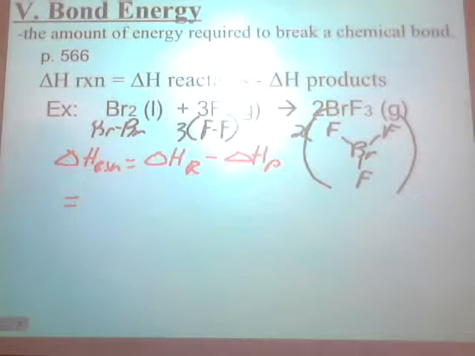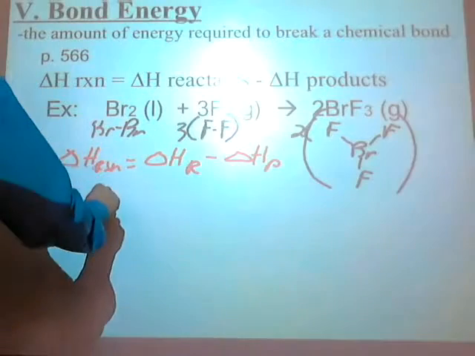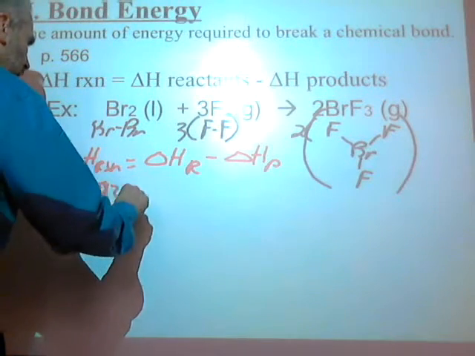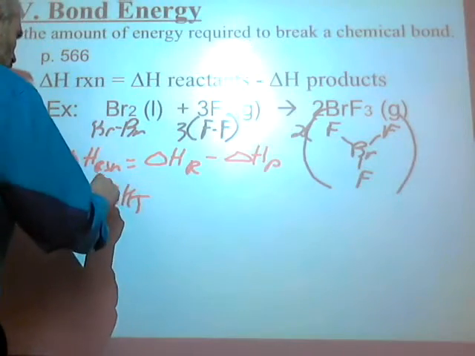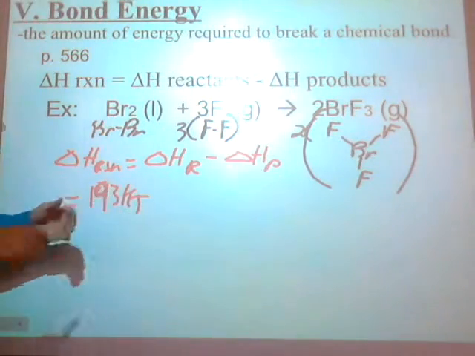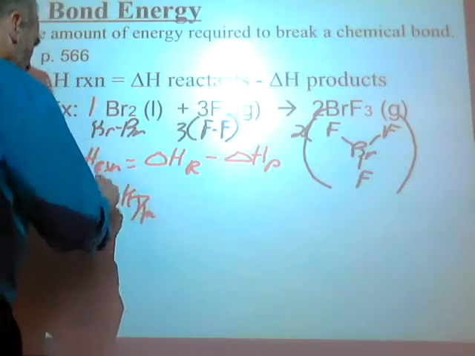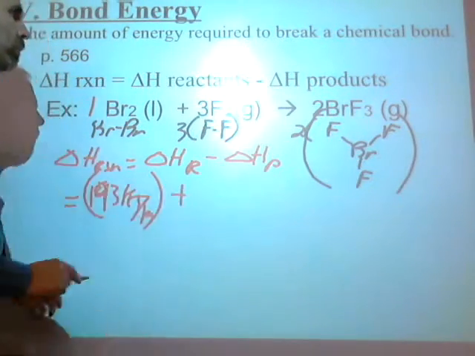Did everybody find it? You're going to have to help me out because I have the final answer, but I don't have the individual numbers. Everybody agree it's 193? 193. Do I have to multiply that by anything? Kilojoules. It's actually kilojoules per mole, but you're multiplying by 1 mole. So 193 kilojoules per mole, times 1 mole. All right. Plus